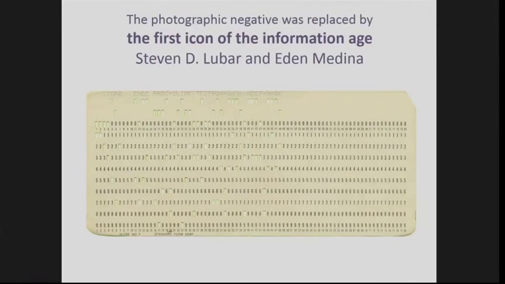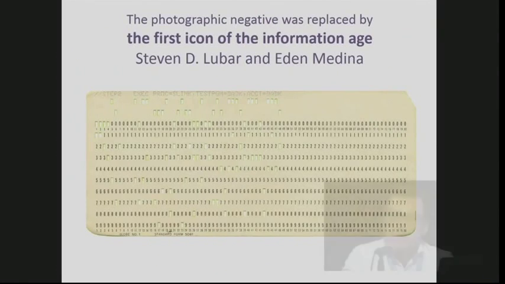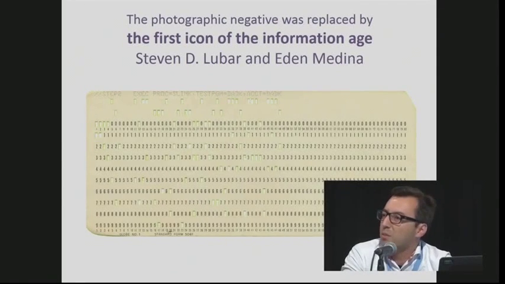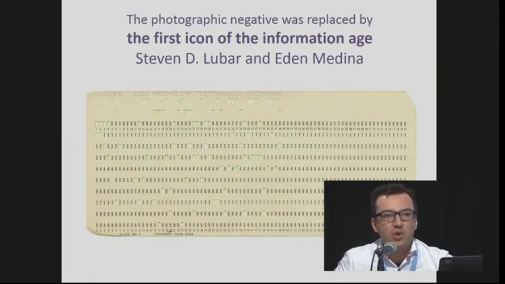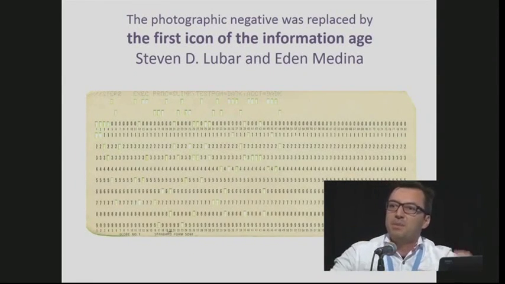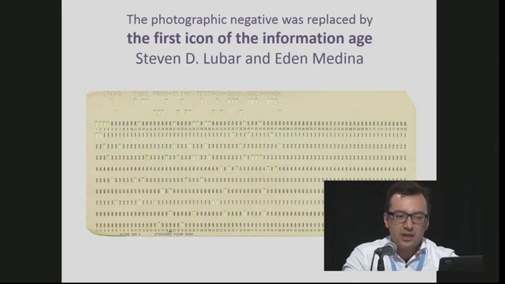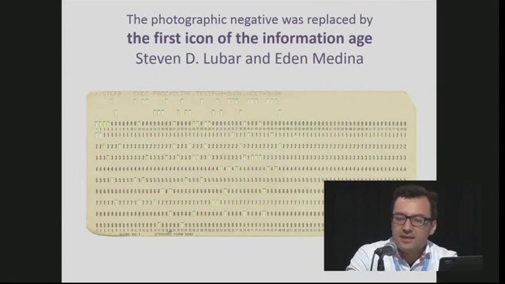So this is a quite tantalizing finding to me, because what we are looking at are images made with the thing that has been called the first icon of the information age, and this is 49 in Brazil. He was able to take these punch cards to the lab, in a kind of performative way, play with that, change the negative, place the punch card instead of the negative, and eventually start to play with that. And I think it is pointing to a very interesting and important part of the history of the 20th century.